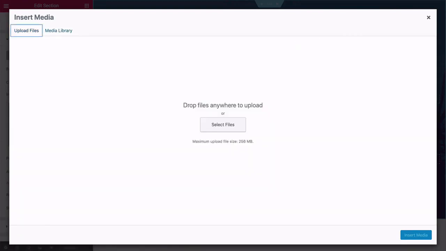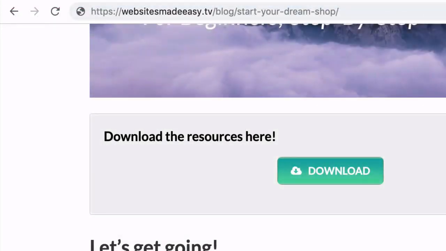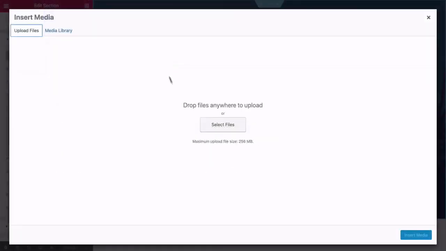So I've put together a really good selection of images for you to use, and you can find that on our blog. If you just go to websitesmadeeasy.tv/blog/start your dream shop, you can download that image pack right here. You just click here and it'll download, and then if you go back in Elementor and you click on select files